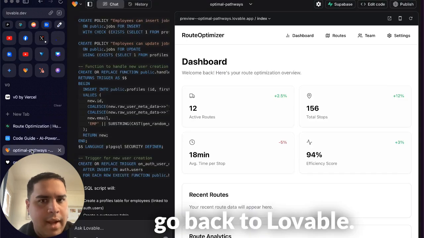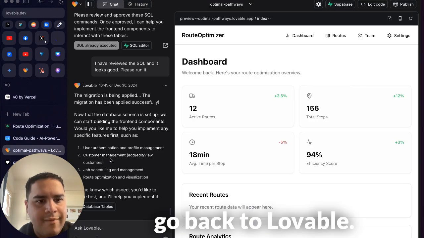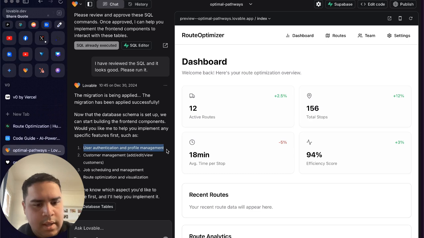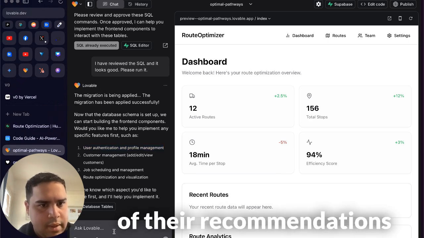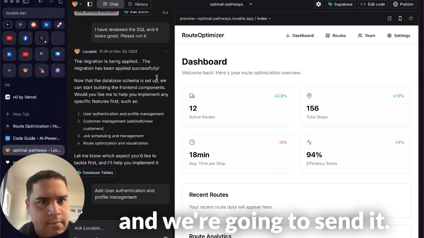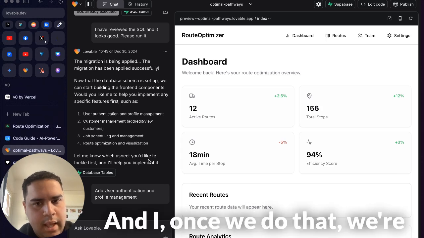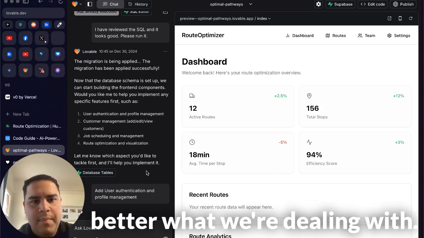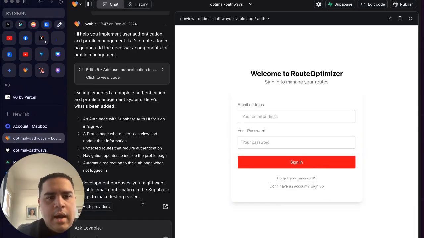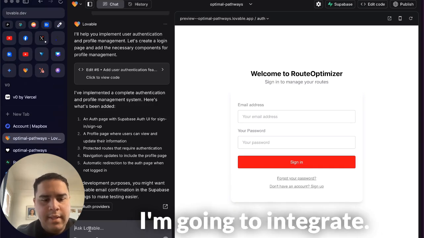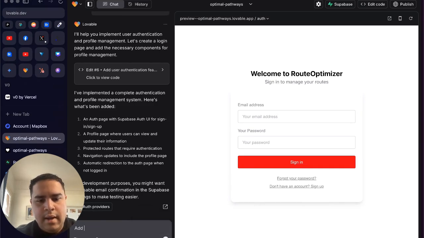So we're going to go back to Lovable, and we're going to take one of their recommendations and we're going to send it. And once we do that, we're going to add Mapbox so we can start seeing a little bit better what we're dealing with. All right, so now that we have integrated the username and password, I'm going to ask to integrate